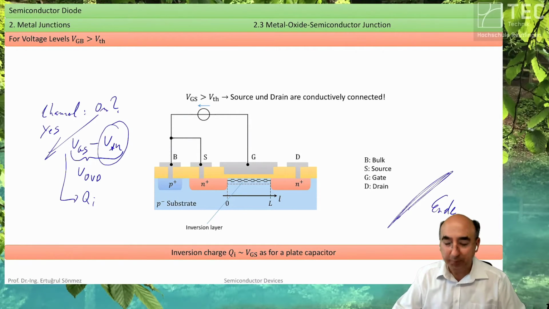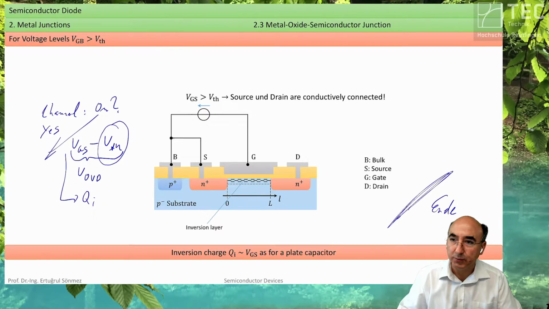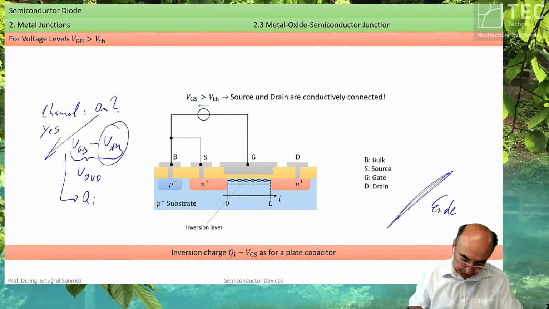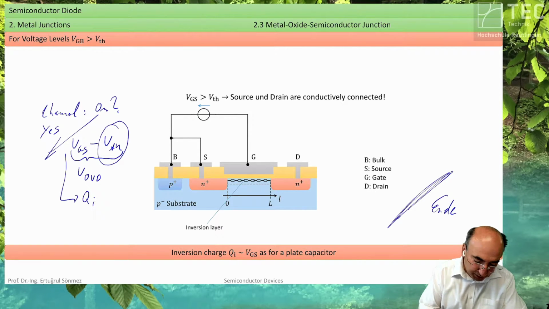And this time we finish, and I repeat how the MOSFET's channel works, and then I will continue with what the MOSFET itself will look like. So we have started with the MOS,